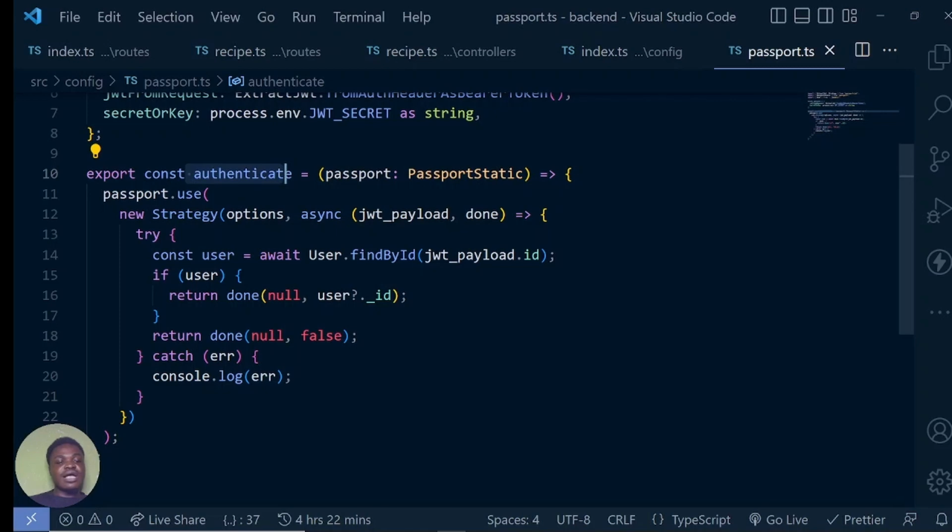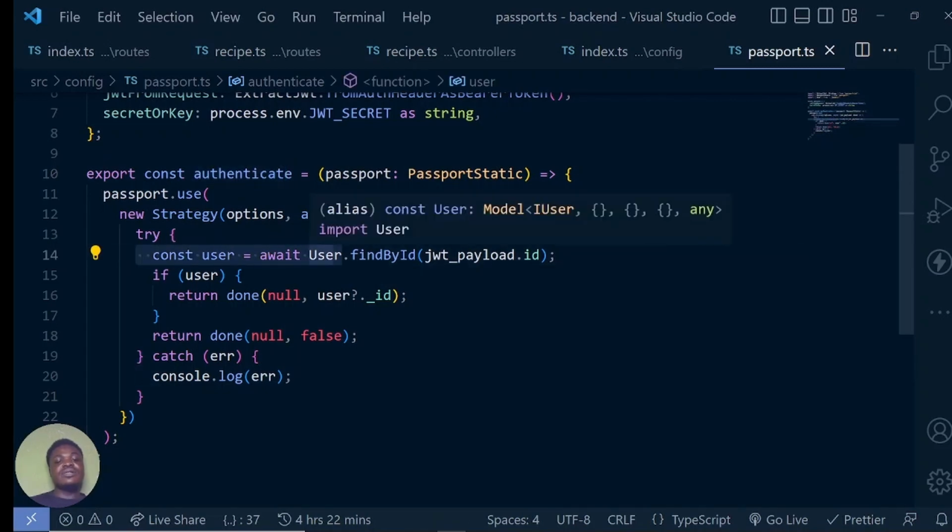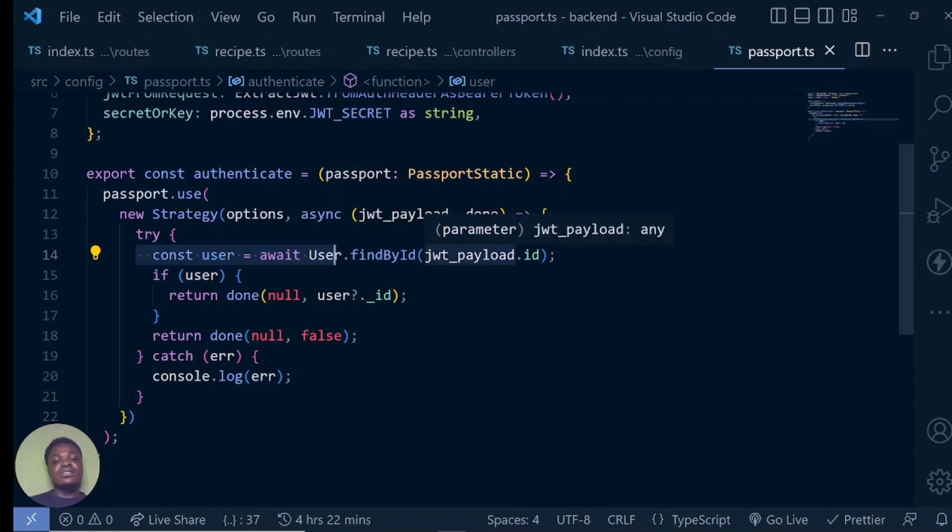So we are doing a try catch here. We're saying check if user, if we check our user database, do you find any user by ID with JWT underscore payload.id? So if you find the user, then return done and then null, and then you pass in the user ID. But if you don't find anybody, then return false. So if you pass in maybe a JWT that has either expired or does not exist or whatever, or maybe